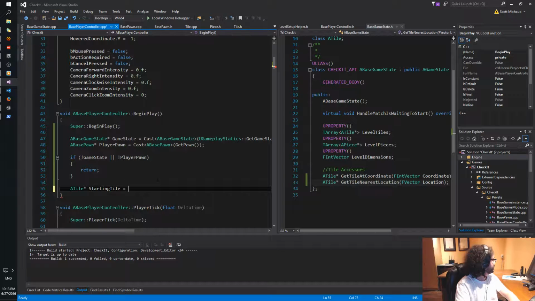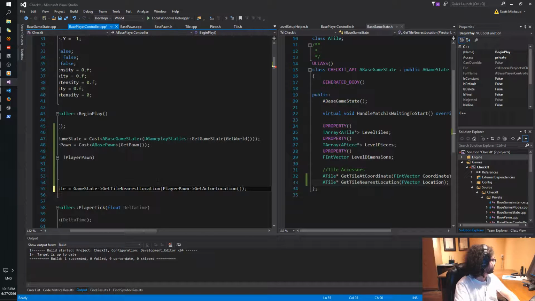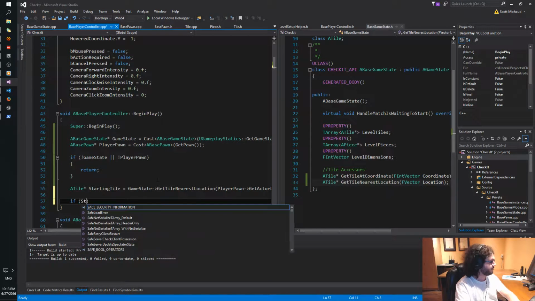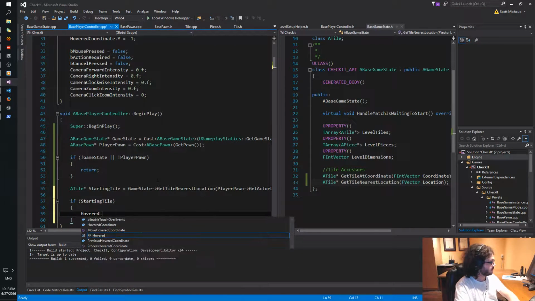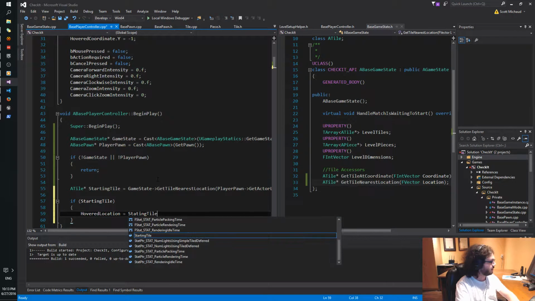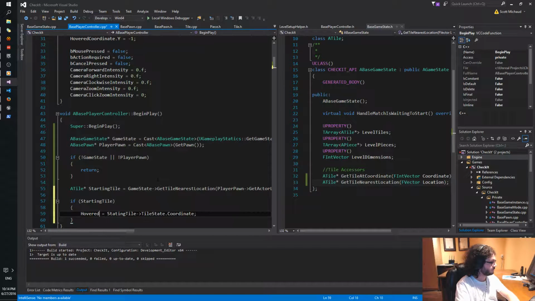Tile equals game state, get tile nearest location, player pawn, get actor location. Then if starting tile hovered location equals starting tile tile state dot coordinate. It was hovered coordinate, sorry. Starting tile.